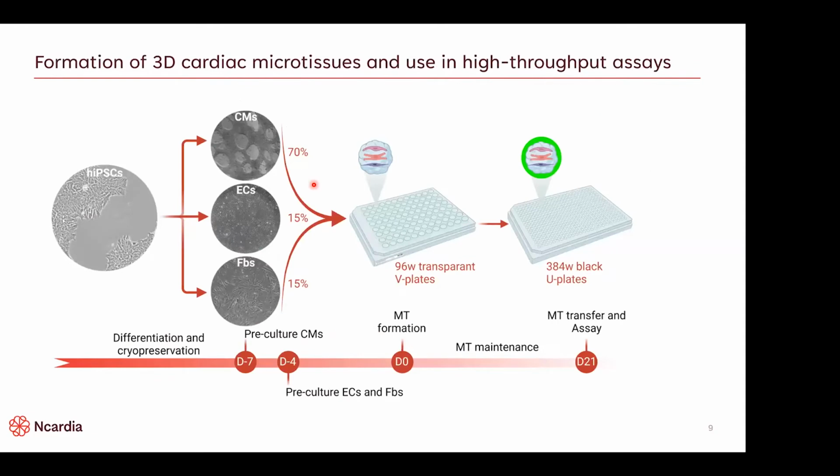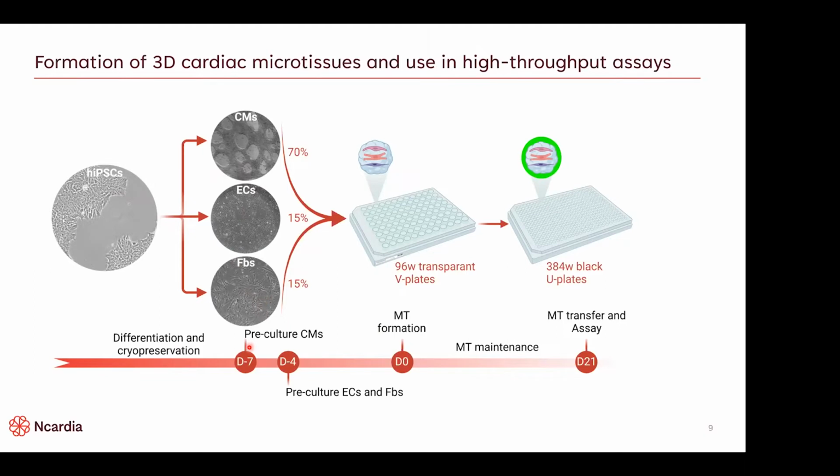So first, about the formation of these cardiac microtissues. We have established differentiation protocols that are initially small molecule based for the mesoderm induction of all the 3 different cell types. They're all derived from human-induced pluripotent stem cells, and we made the cardiomyocytes, iPSCs, and FBs accordingly. We freeze the cells, and when we use them for the formation of the cardiac microtissues, we thaw them,